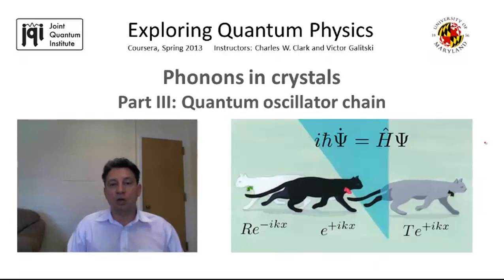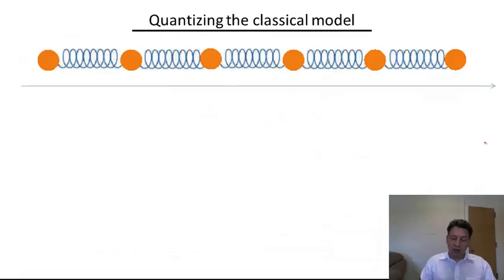Namely, the spectrum of quantum phonons, apart from the zero-point energy, is going to be identical to the spectrum of classical phonons. Now, to solve the problem, first we need to define what we want. So let me consider a slightly simpler version of what we looked at in the previous video. Now I'm going to study an oscillator chain consisting of the same type of oscillators and the same type of atoms. So I have here identical atoms with a mass m